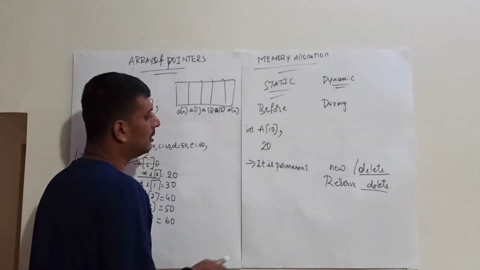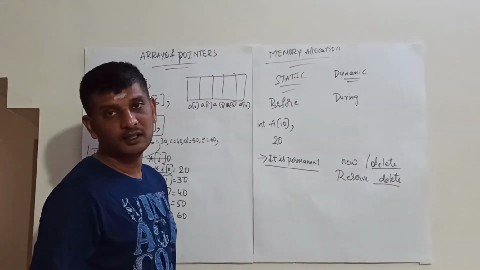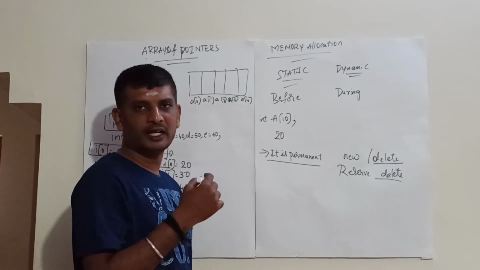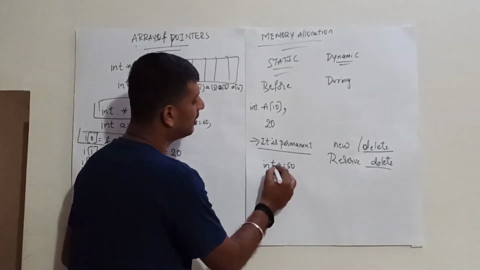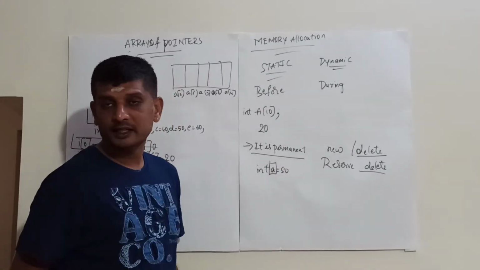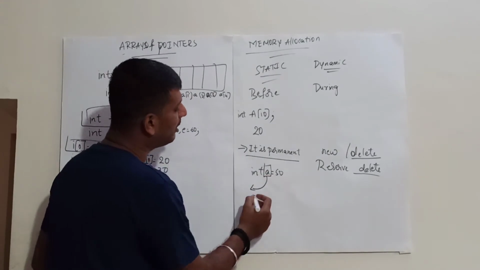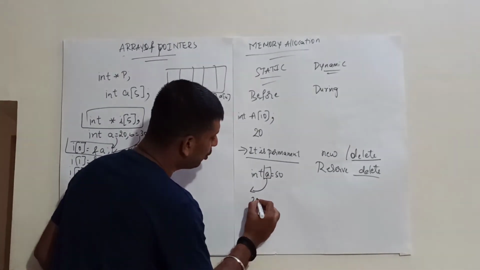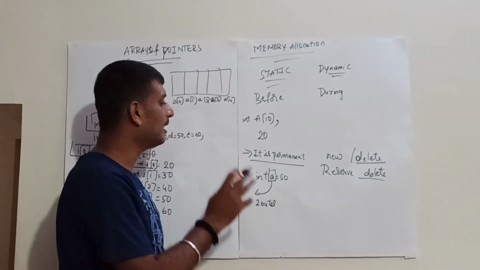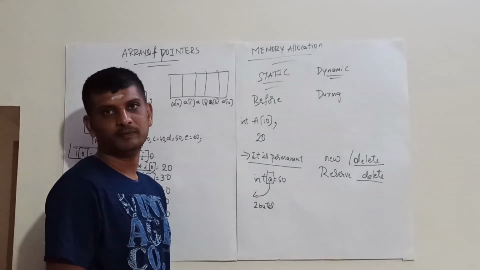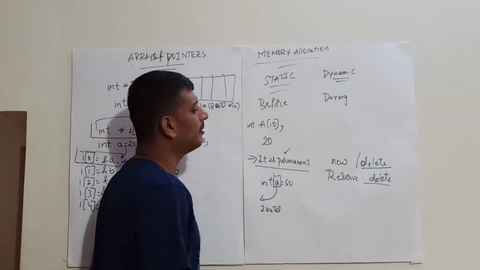The next thing is, in the static memory allocation, whatever variables you have declared, let us consider you have declared int a is equal to 50. So a is a variable of kind integer. For the variable a, you would have reserved 2 bytes of memory. This 2 bytes of memory is allocated to a permanently. That is the next difference between the static and the dynamic allocation.